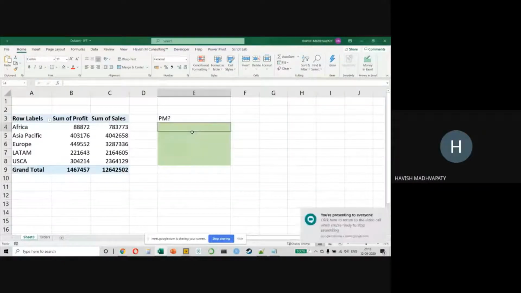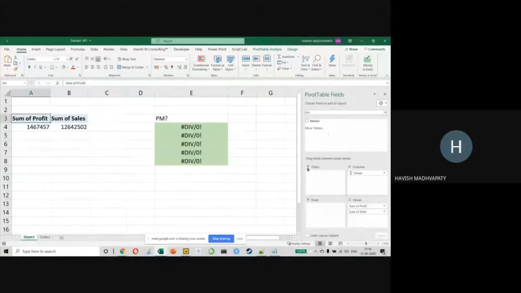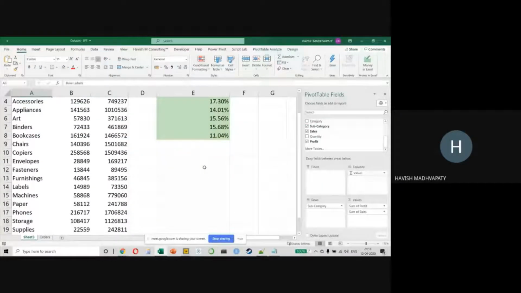Yeah, that's what you would think, right? That we can simply say equal to, and we divide our profit divided by my sales amount. And of course, convert this into a percentage. But here's my question to you. If you do this, then basically you're doing it manually, right? So what will happen tomorrow if you remove the market and you keep something else? Maybe I keep my subcategory. What will happen? The formulas will have to be dragged.